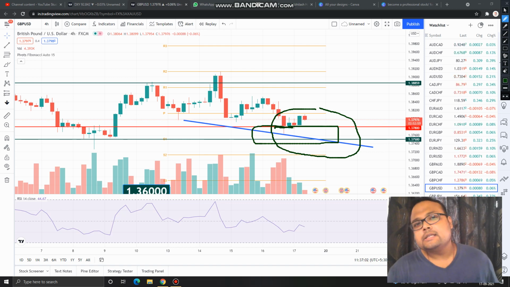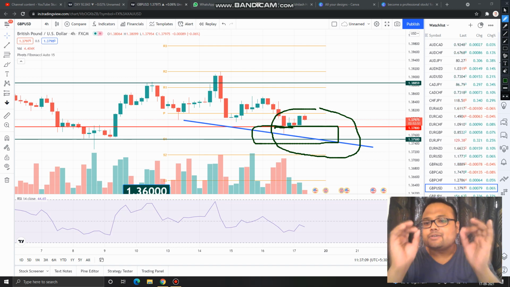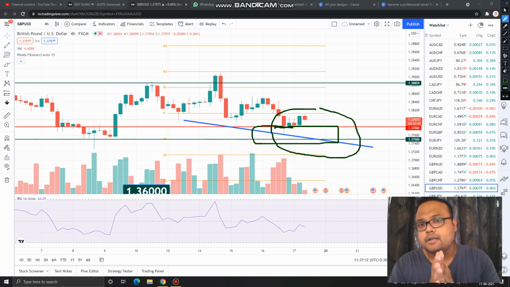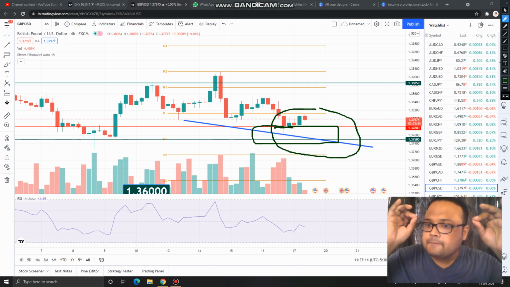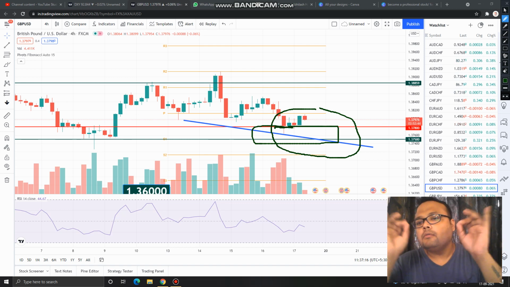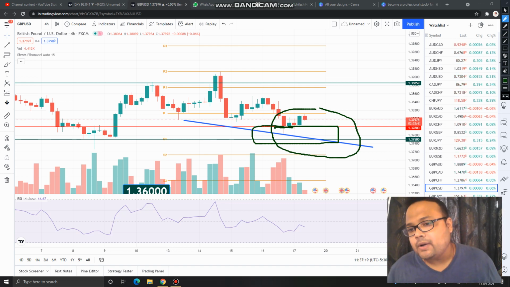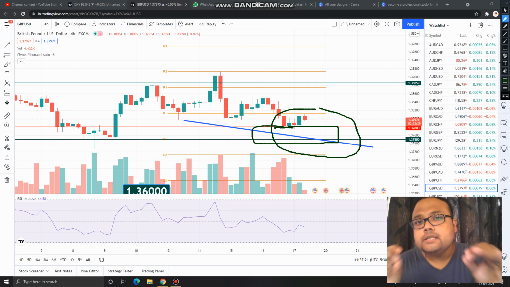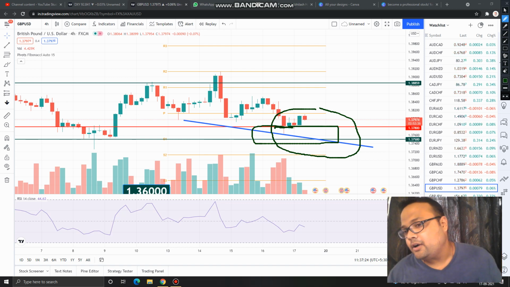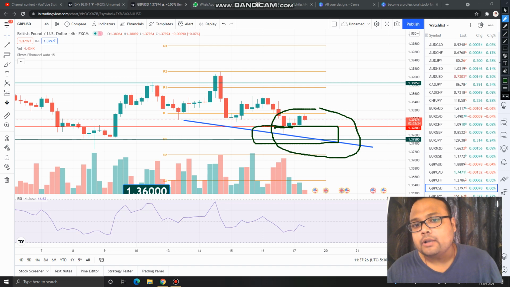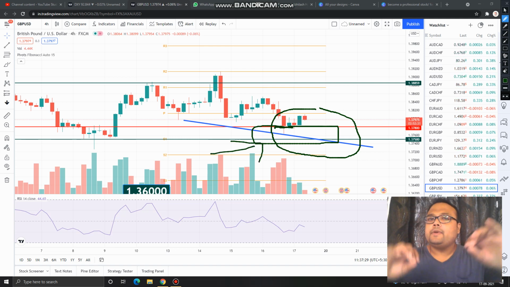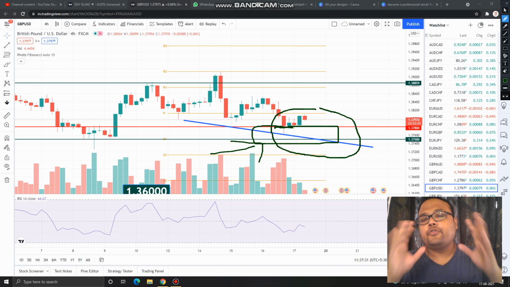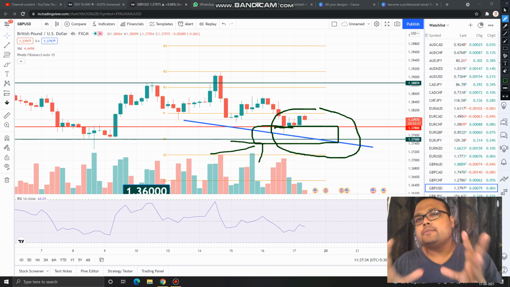To be honest, I do not think that GBP USD will be a good option to trade this Friday, because it will be struggling. Try to understand my words here. In case there is a breakout on US dollar DXY, then GBP USD will be battling to hold its support level. So in that case, GBP USD will not be the best option for you to trade this Friday. Therefore, if possible, try to avoid GBP USD for today at least.